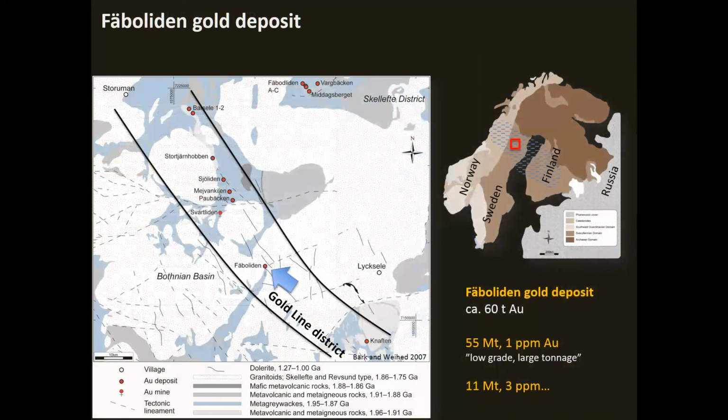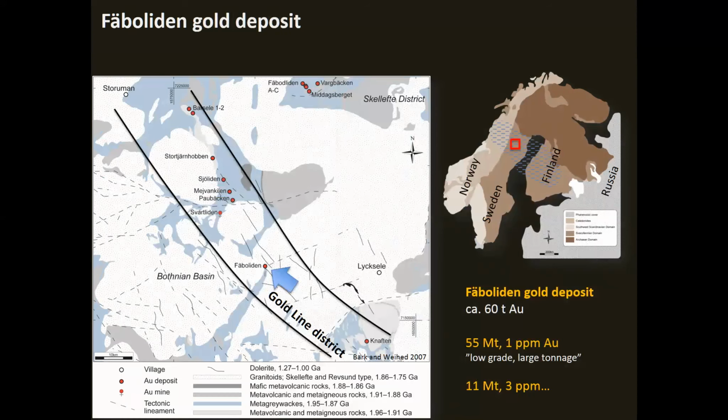The Fäboliden gold deposit is situated in the so-called Gold Line district, which is an array of gold-only deposits. This district is situated to the southwest of the perhaps better known Skellefteå VMS district, in northern Sweden. The Fäboliden deposit, which we will talk about today, holds about 60 tons of gold, and it has been reported